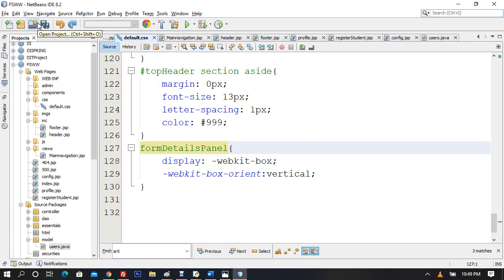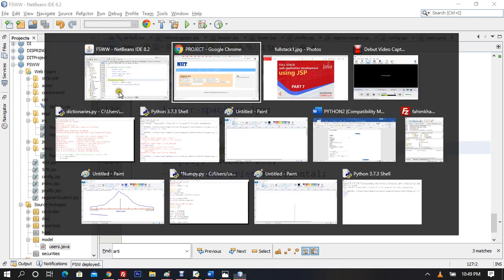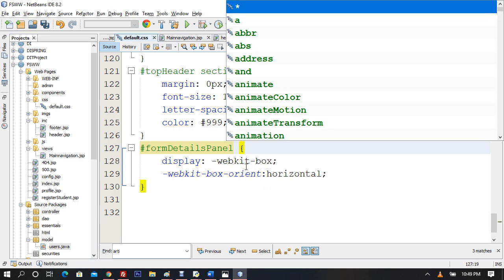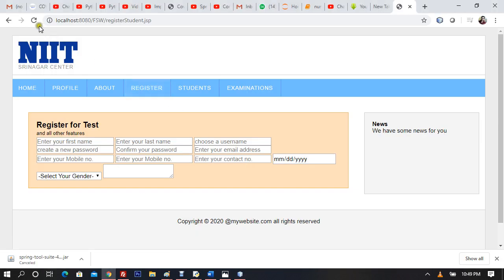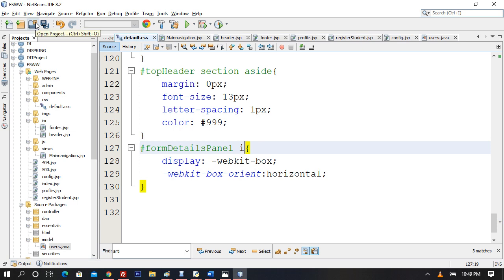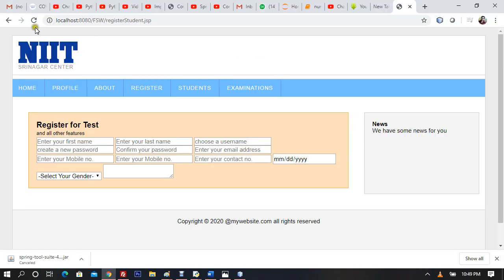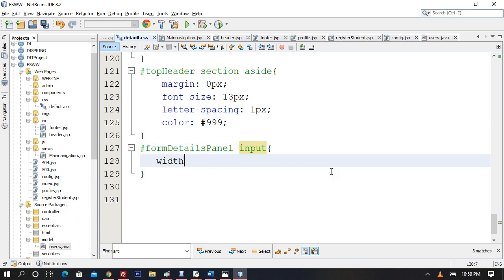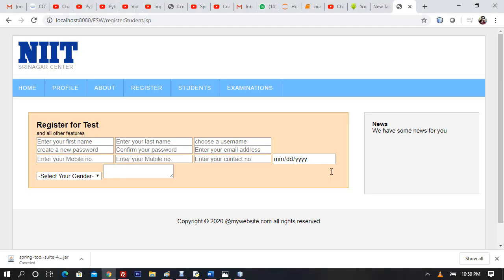After I call this hash forms panel, I am not doing directly to this, so I will say dash star, whatever is in it, or maybe we'll target input, all the input types. Why isn't it getting reflected? Okay, let me see this. If I target input, I'll say width is equal to 100%. Take all the available area